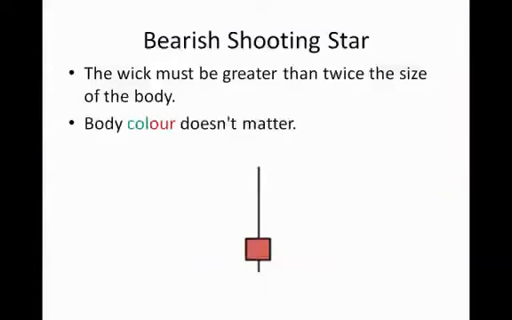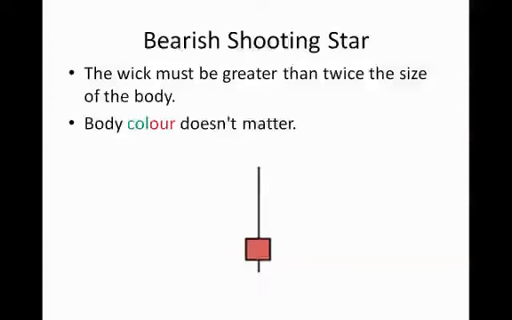Now, not to be confused, at the end of the day, bearish shooting stars are single candle patterns. When we get to the next set, which are the morning and evening stars, those are three candles in the pattern. The bearish shooting star has the same rules as the hammer. The wick must be greater than twice the size of the body, and again, the body color doesn't matter. And